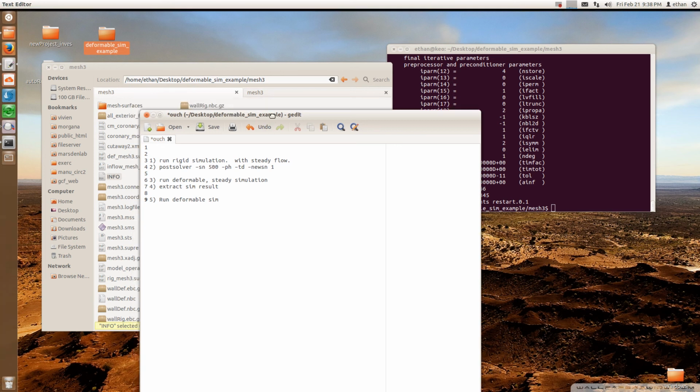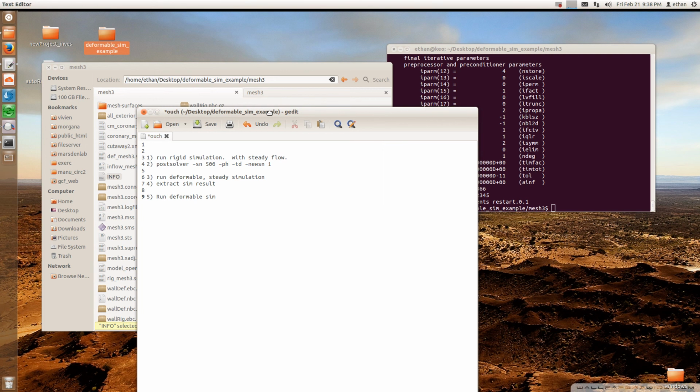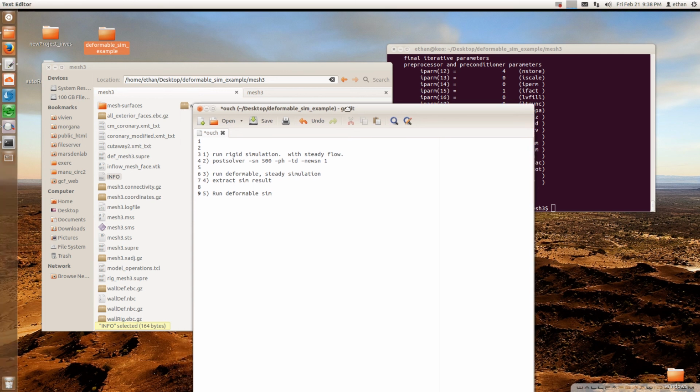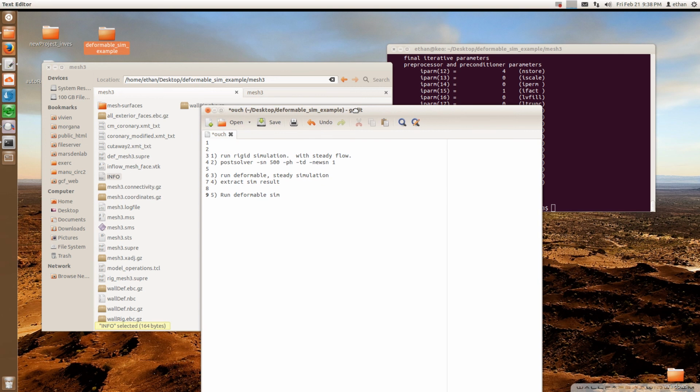A lot of times, the stability of the simulation just has to do with the geometry. If you're using a very complicated geometry, then the process I went through in the first part of the video is a shortcut to get your simulation running. If that doesn't work, if your geometry is too complicated to be stable that way, then you can go through this process and try to see if you can